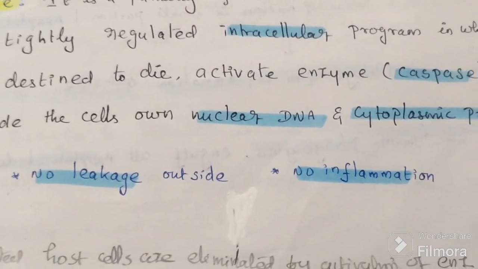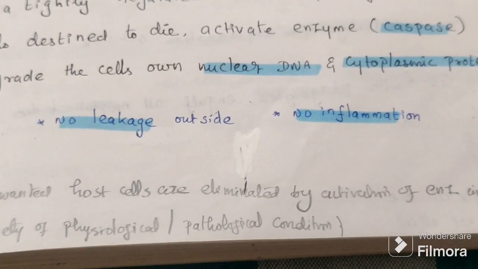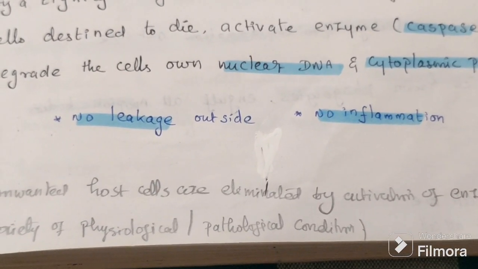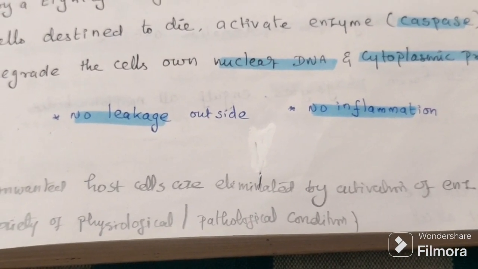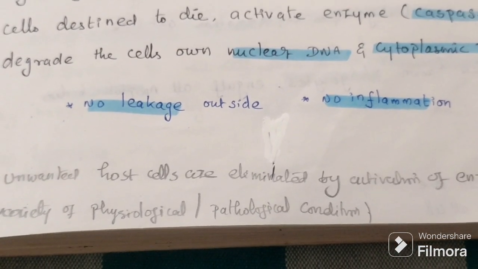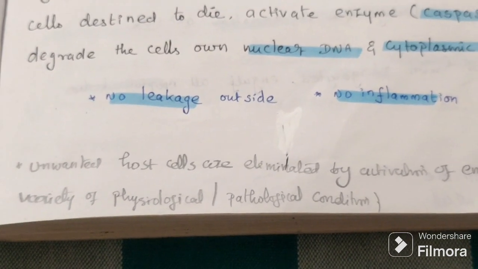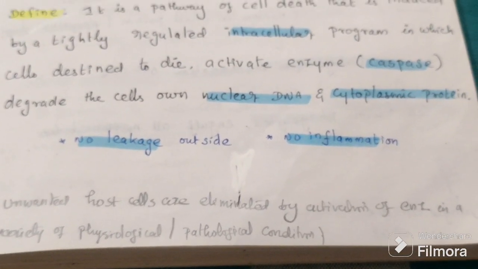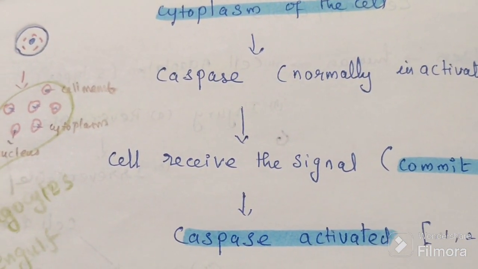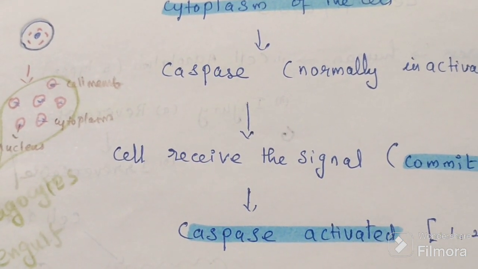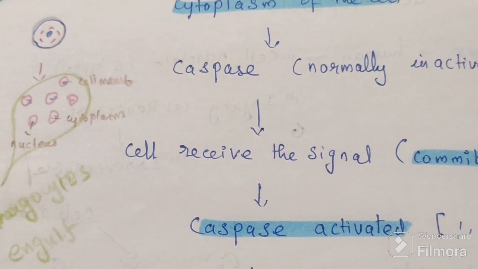Here there is no leakage and no inflammation. So there is no leakage outside and there is no inflammation. It is the way of elimination of unwanted cells and those cells which are damaged beyond the repair capacity of that cell. If the cell wants to commit suicide, either because it has already performed its function or its DNA is damaged,